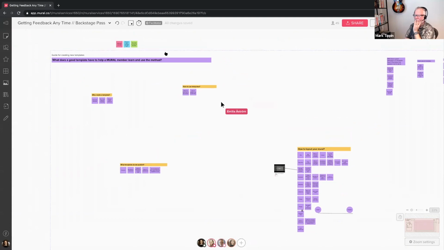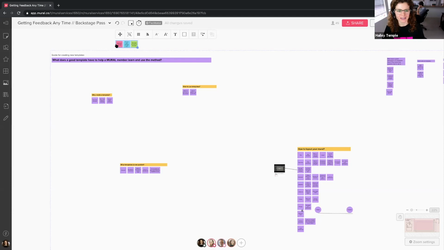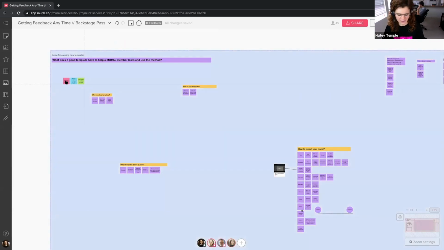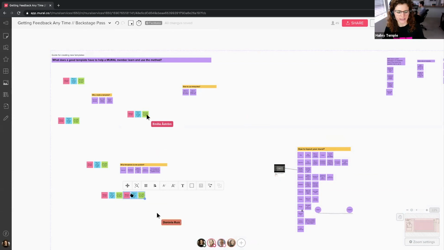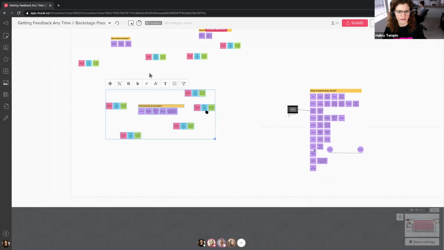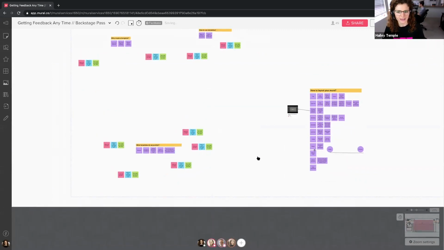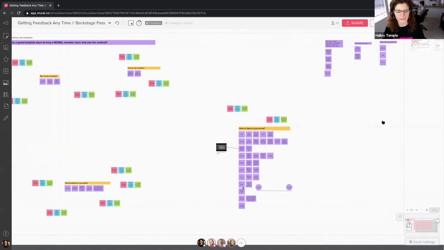Right? Yeah. So Amelia and Mark and Daniela and team, what I'm going to do is, if you can help me duplicate these sticky notes around the different areas where we're going to be asking for feedback. That way, when we invite people into the space, they have something already available to start providing that feedback.